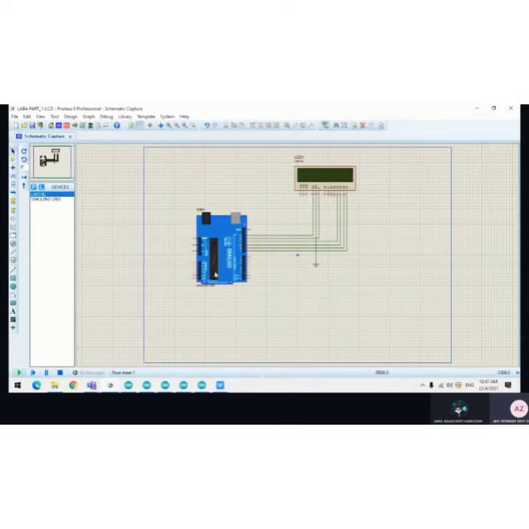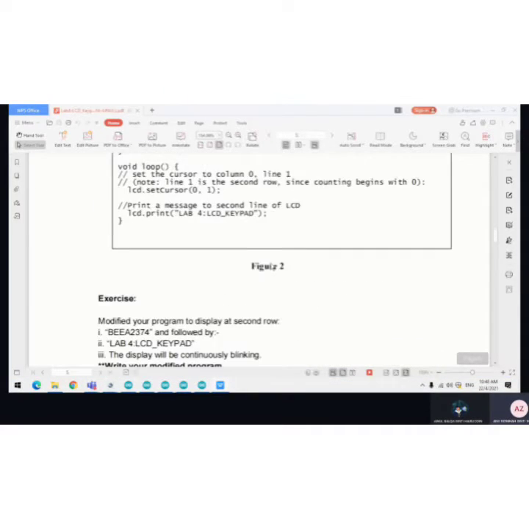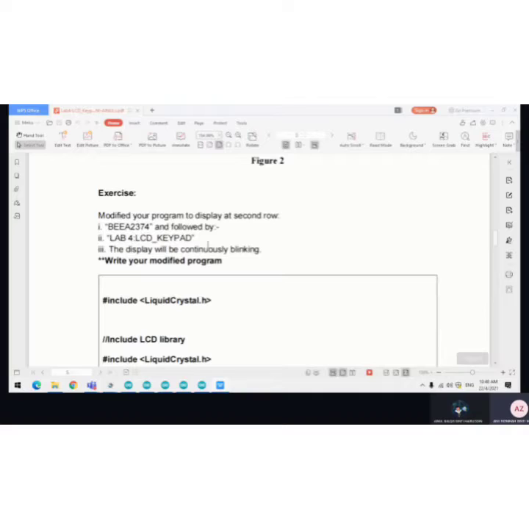When we run the simulation, the LCD will display hello world and lab 4 LCD keypad. That's all for lab 4 part 1. And then for the question exercise for part 1,